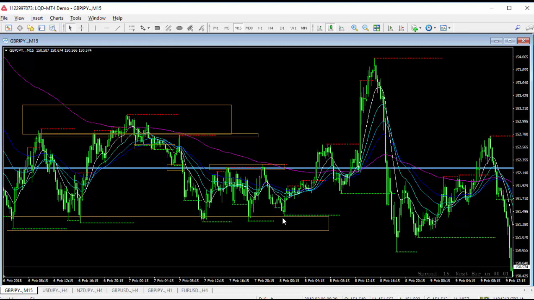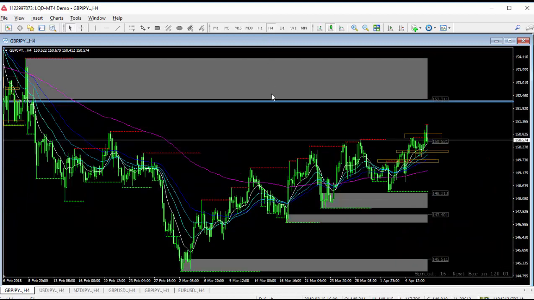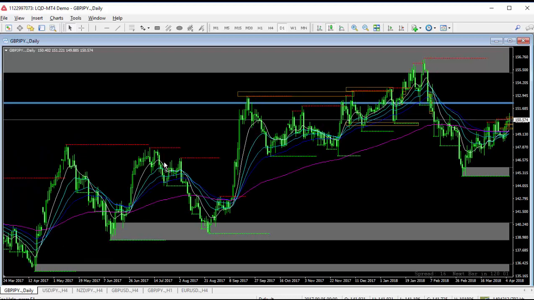We always mark up our chart on the higher frame so that we can actually see where our zones of interest are on the higher frame while we're on the lower one putting in the work. So if we go to the H4, let's go to the daily. I need to bring this up on my screen. It's right here. On the H4, on the daily,